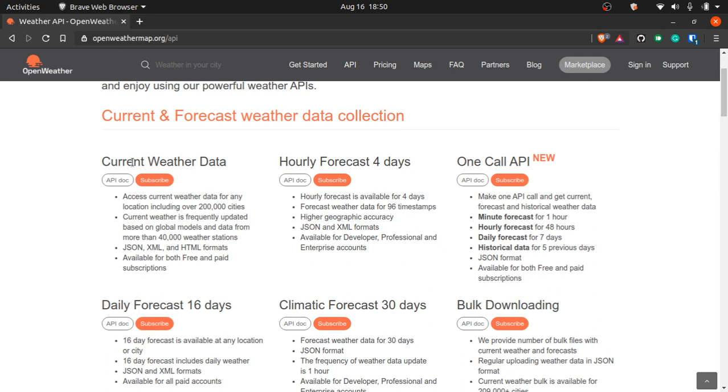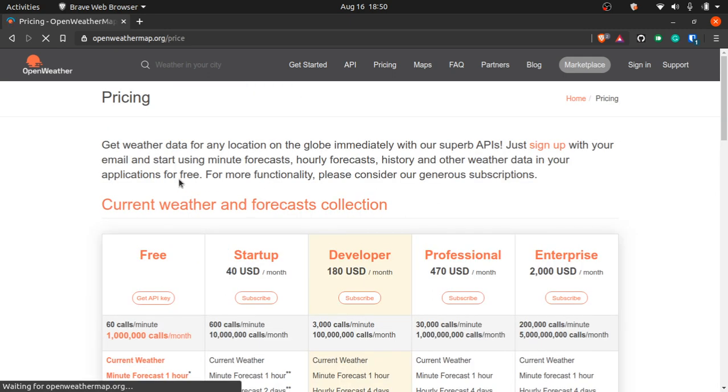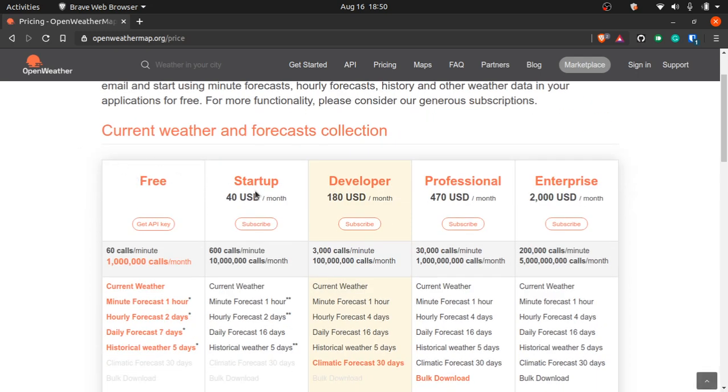For our purposes, we'll be just using the current weather data API. We'll click on subscribe, and it will show you the prices. I mean, free should work. Clearly, you don't need to pay 2000 US dollars per month, because we won't be making more than one call per minute. One call is, whenever you fire that link one time, that counts as one call. So we can just click get API key,